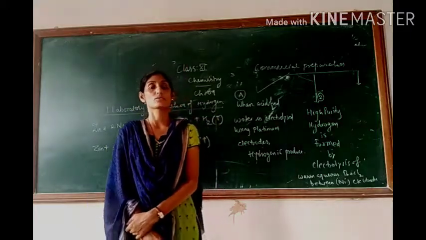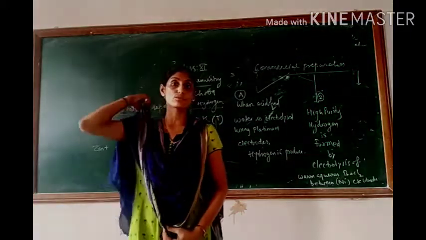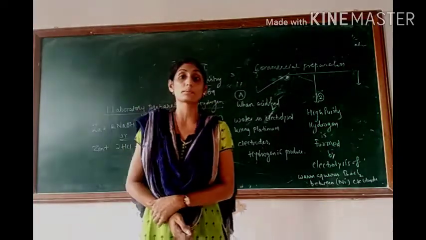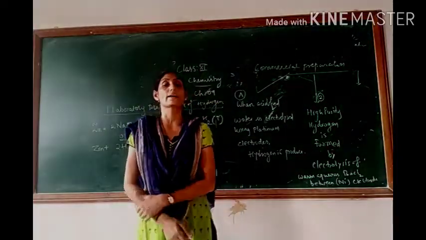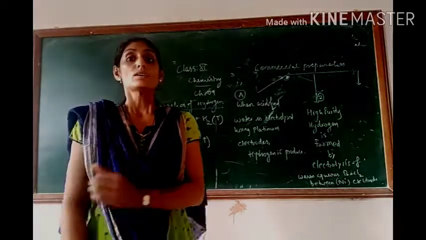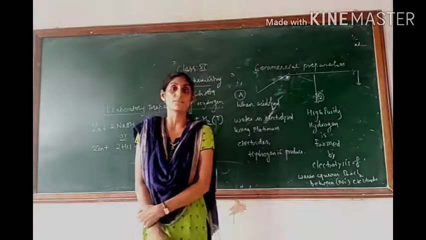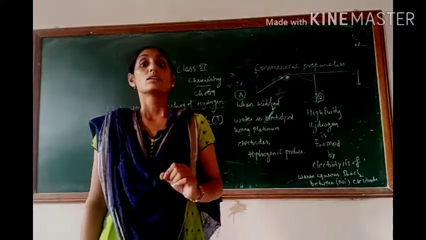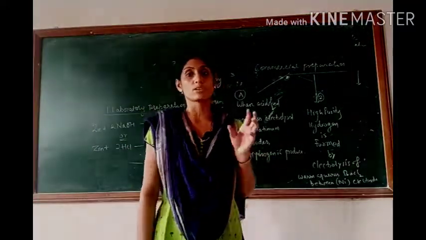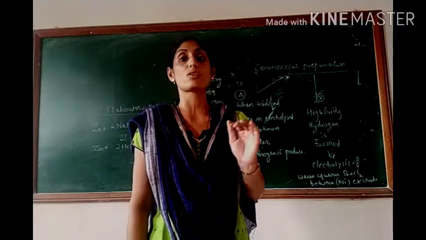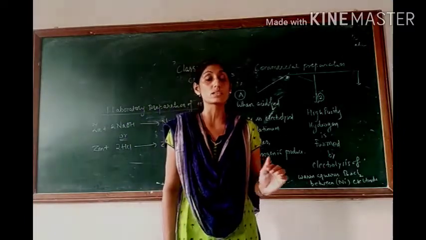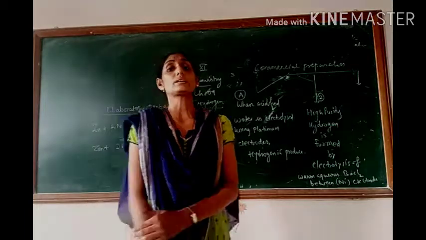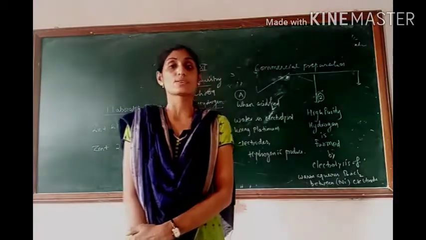Morning class. As we have discussed the isotopes of hydrogen as well as the physical properties of hydrogen, today we will start with the preparation of hydrogen and the chemical properties of hydrogen. Children, when we talk about the preparation of hydrogen, we have two methods. One is the laboratory method, that means a small amount of hydrogen is prepared in the laboratory, whereas the commercial production of hydrogen produces a large amount of hydrogen because it's required in industry.